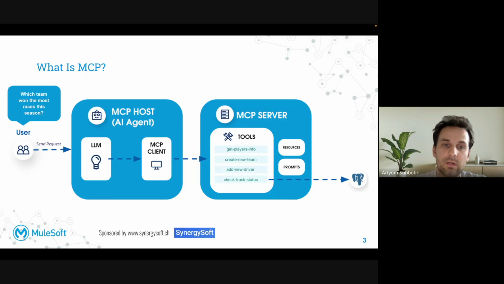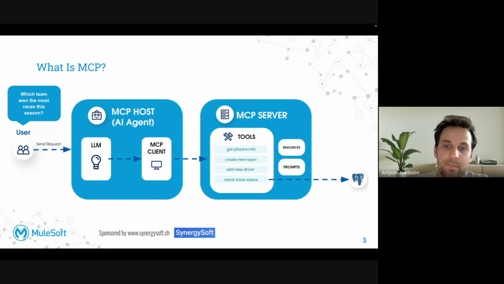The first one, I've already mentioned it, is tools. These are invocable functions the agents call to take an action. It's equivalent to a POST endpoint, for example, but it's described in natural language, so the agent can understand what the operation means, but not how to call this action.